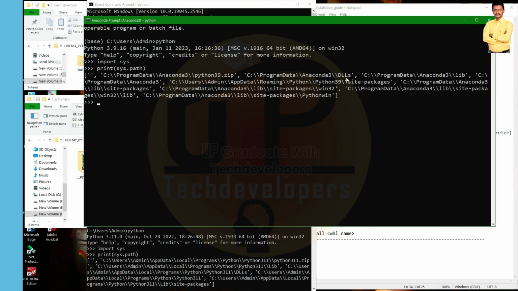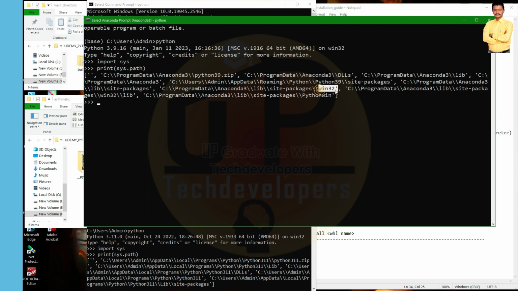For example, DLLs, Anaconda library, Anaconda3, and Users/admin/AppData/Roaming/Python3.9/site-packages. This is very important. And in the Anaconda library, site-packages,